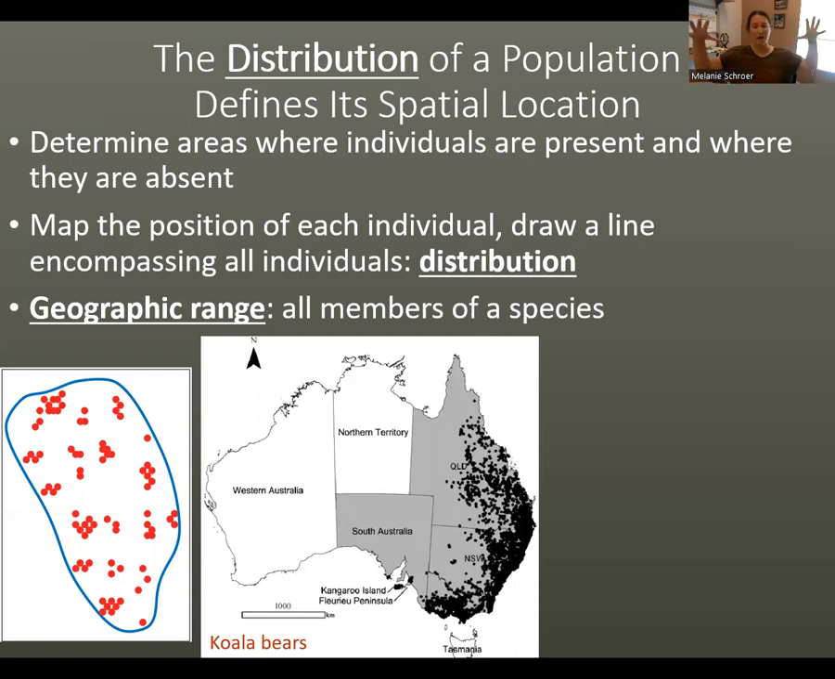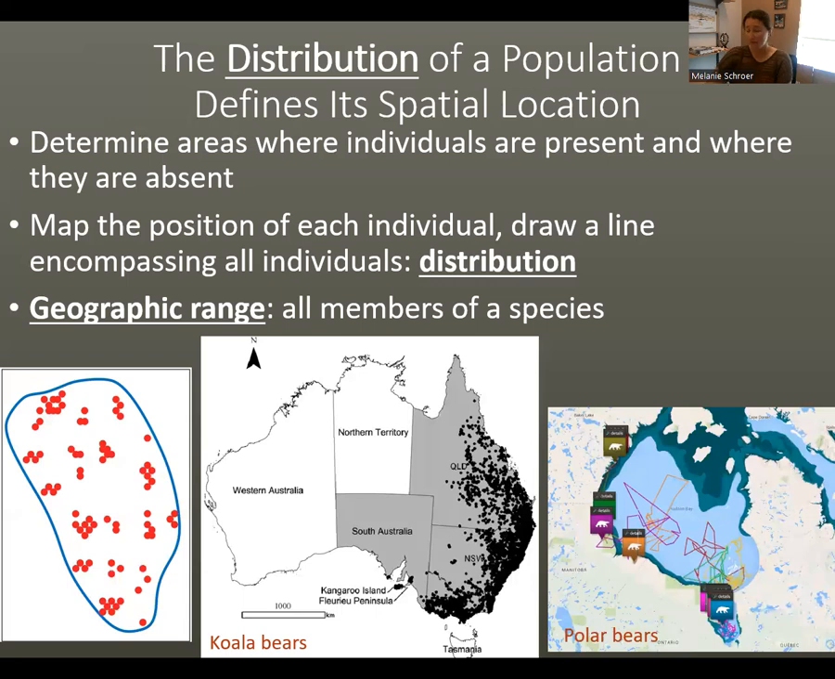Similarly, we can zoom out from looking at the distribution and find all of the individuals of a particular species and put a tracker on them, or, if it's a tree, something that stays in place. We can put a dot of where that animal or organism is on the map, and again, draw a line around it, and we can call that the geographic range. And so this is the geographic range of koala bears. Right, so everyone that we know about has been identified and put on the map here, and if we drew a line around it, we'd say that is the geographic range. Okay,